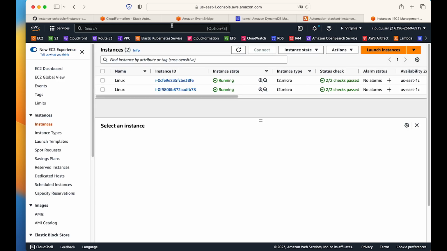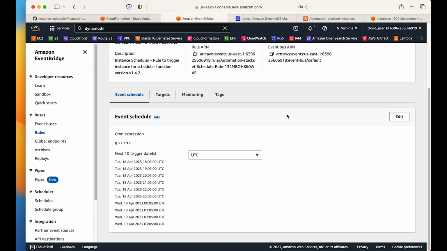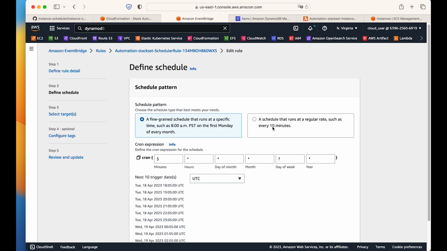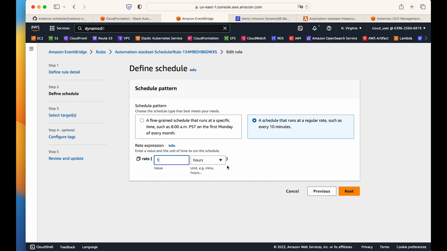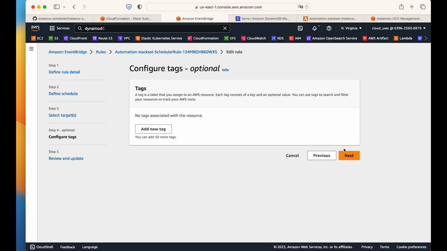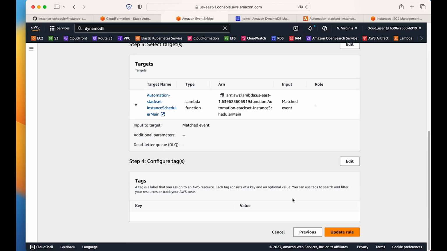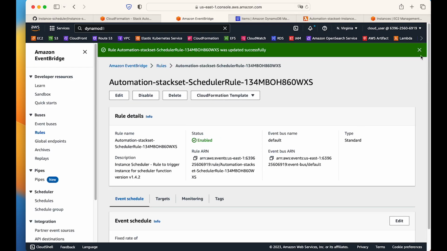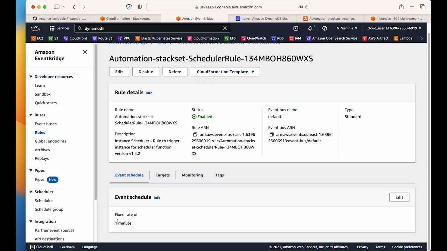That's everything. But for the sake of this video, I will also change the rule for this event scheduler. I will edit this one and I will schedule it only 1 minute. So within 1 minute, it will be triggered. So the event will trigger the Lambda function. In the next step, the Lambda function is automatically taken up. I will give everything as default, and I will update the rule. So every 1 minute, this scheduler will trigger the Lambda function, and the Lambda function will check